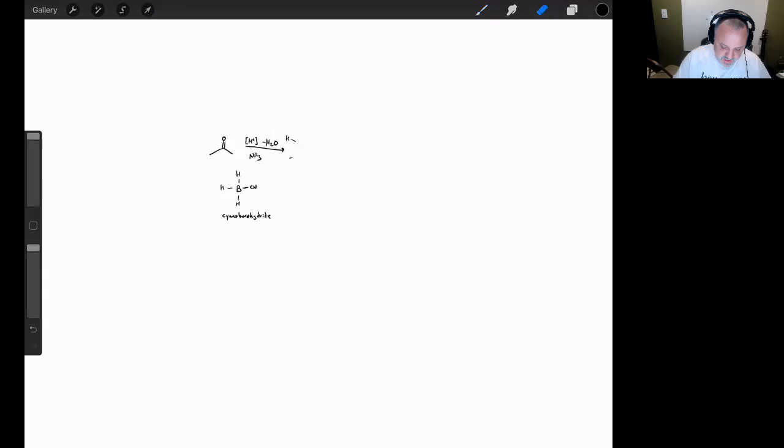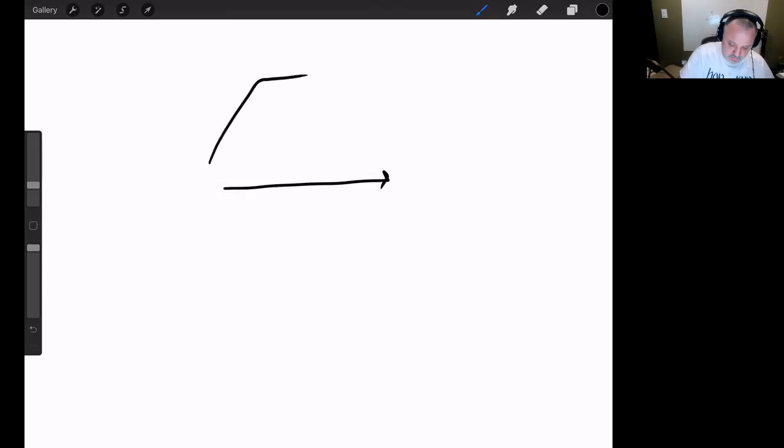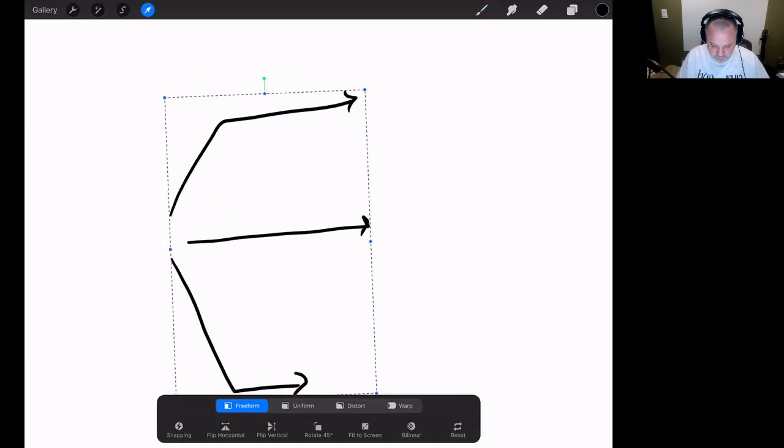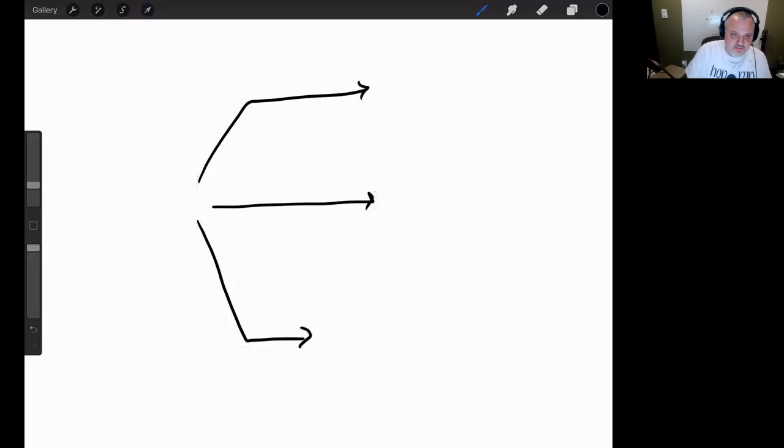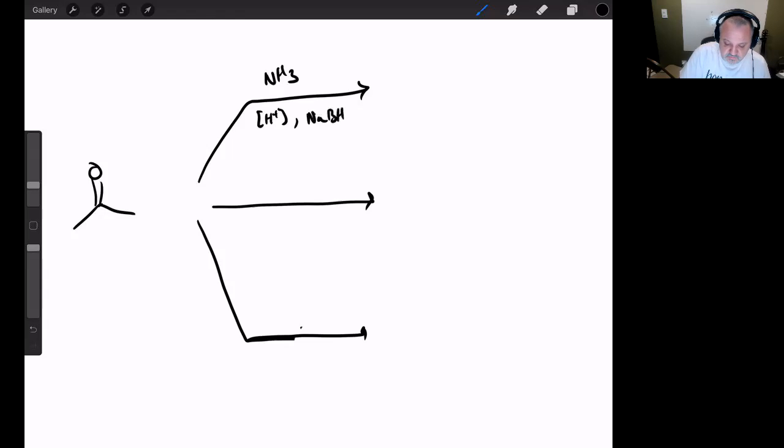So if I were to take this reaction, let's just have an arrow. Let's have an arrow here. Let's have an arrow there. And let's take something like propanone. And if I react it with ammonia, H plus, sodium cyanoborohydride, then I get